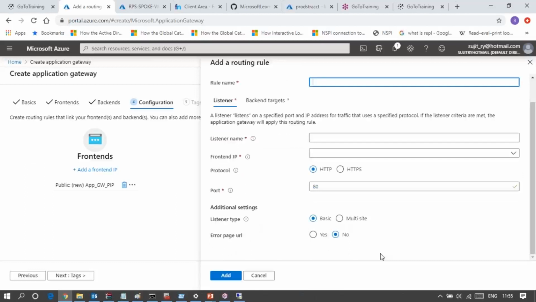Error page URL: if you want to throw some error page, so like you are not able to access one particular website, and your client will get a message, then you can create your own customized error page. You can upload the HTML page here. So these are the things you can do. Also, we can go for the backend targets, how it will be chosen, that we have to define here. So one by one, let's create it.